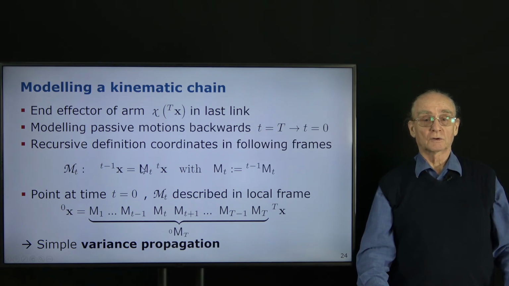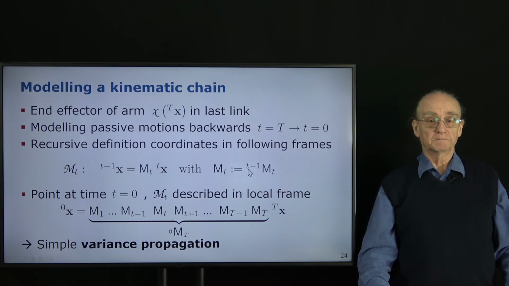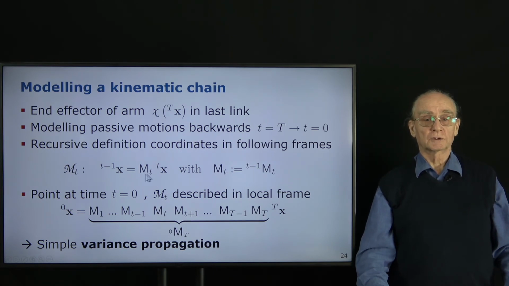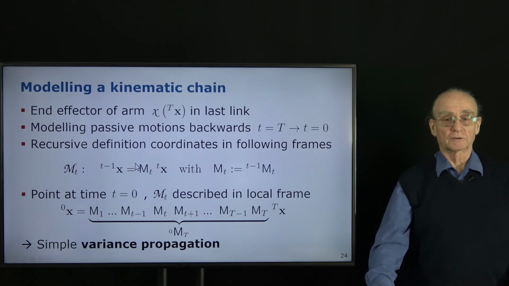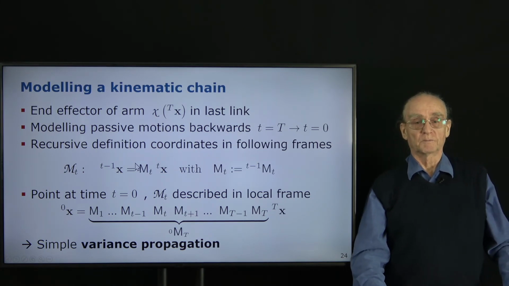And you see these are coordinate transformations, so the indices are going from lower index to upper index. So this shorthand notation actually means from t to t-1. We will use this. I just omitted the upper left index in order to have a shorter notation for the